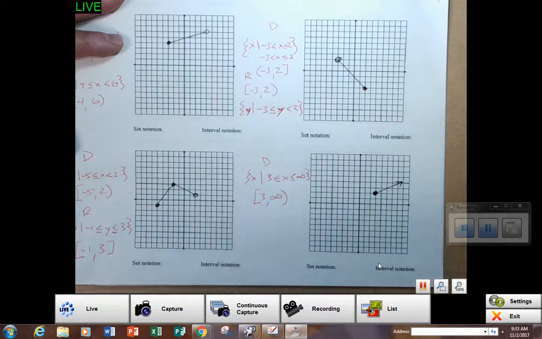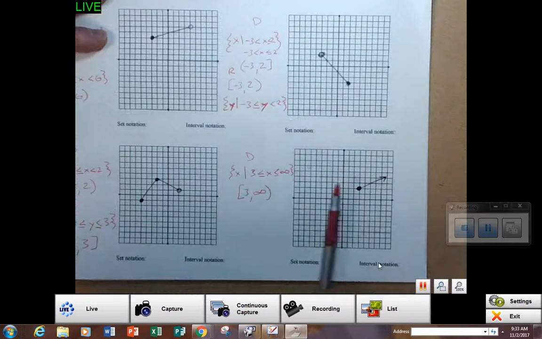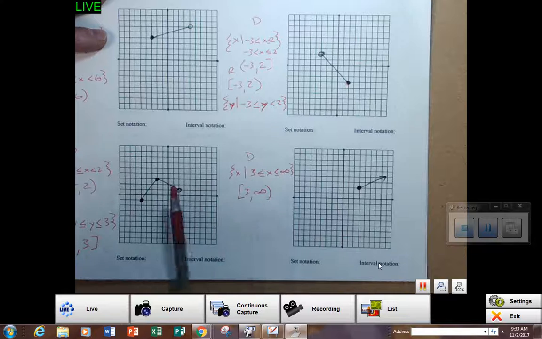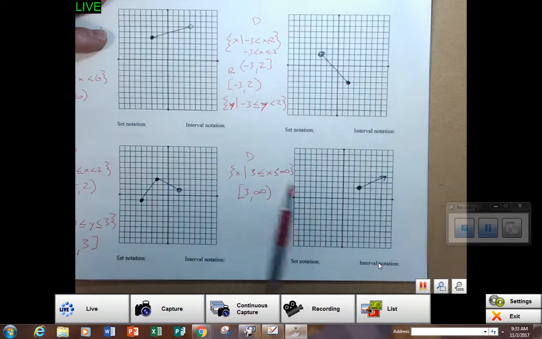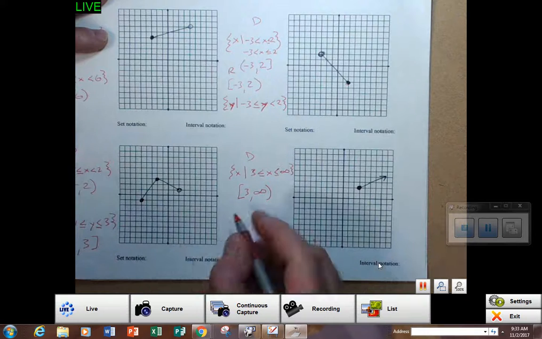Domain is measured left to right. It doesn't matter if that arrow is going up or down like this, it still has that left to right component, positive infinity going left to right. Even if this arrow is going down, my domain would still be measured as positive infinity left to right. Now my range,